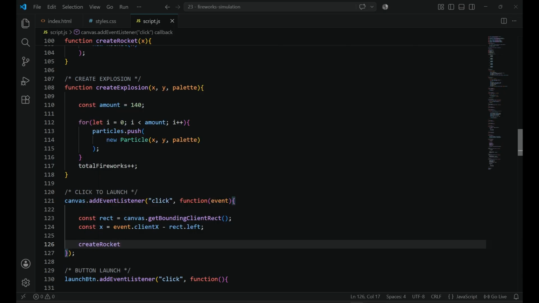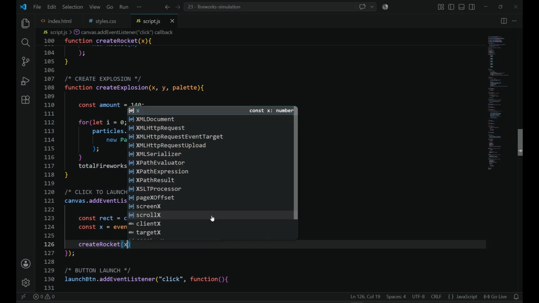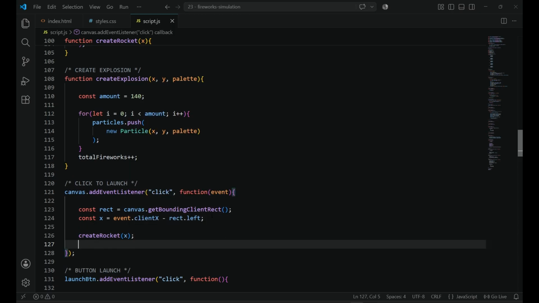Create rocket with considering the x coordinate, and then we have to change the status